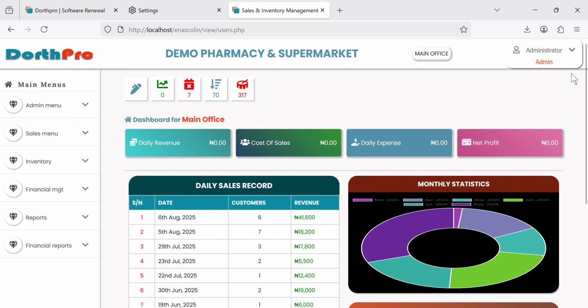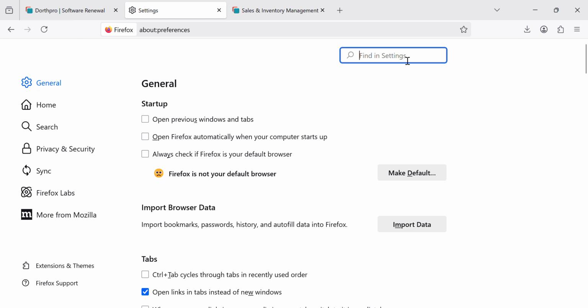To do that, it's simple. Just click on your top right menu icon on your browser when you're logged in. You click on it when you open your software or when you open your Mozilla Firefox. I'm doing strictly Mozilla Firefox. You click on this, you go down to settings and you can type cache